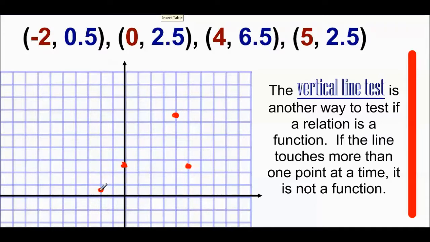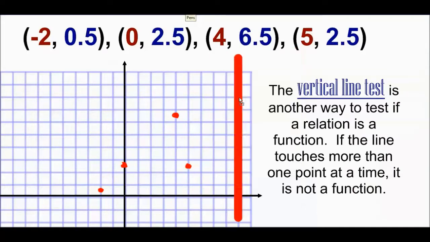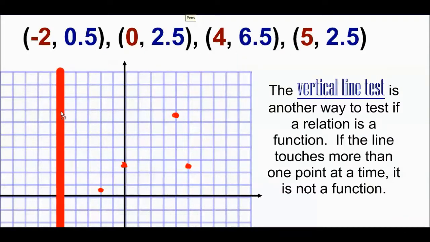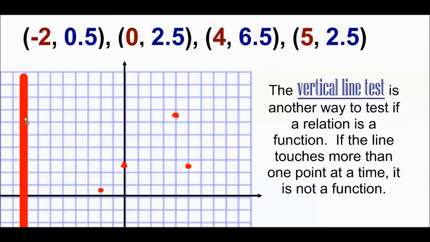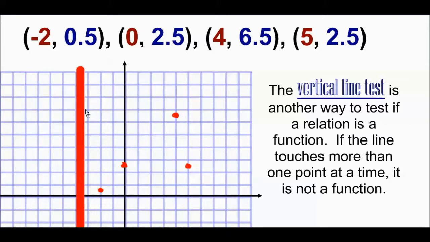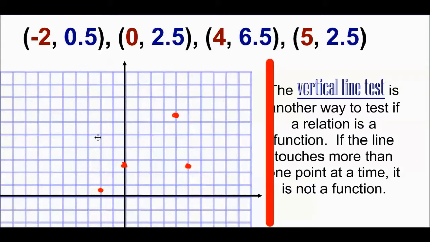There's negative 2.5, there is 0, 2.5, up here is 4, 6.5, and down here is 5, 2.5. I have me a vertical line right here, and you have a vertical line in your hand called your pencil. So you can always use your pencil, lay it down flat on a piece of paper. When you go to draw this graph, don't worry about all these grids and everything, but draw